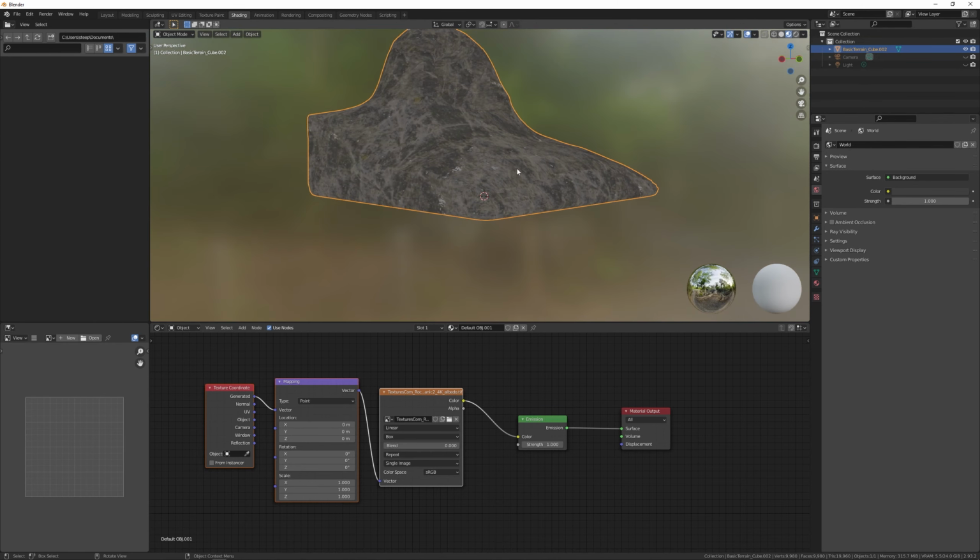And, oops, color, height map. And now we want a new vertex color to control the mix. So you can see this is what I want to control with the new map. So I go back here, change it to solid, make a new vertex map, grass mask.